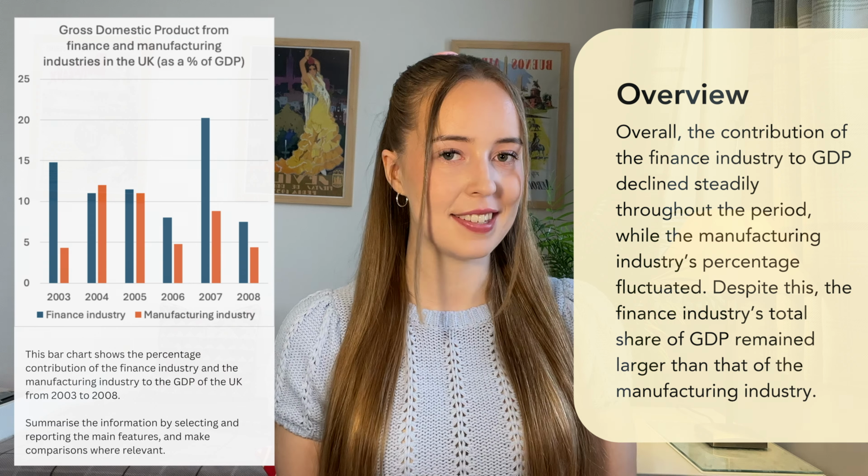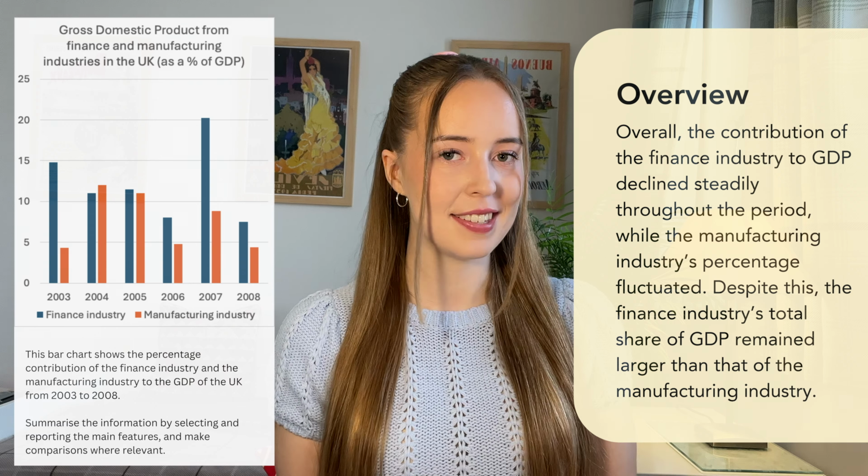One thing the examiner is going to grade you on for coherence and cohesion is the organisation of your report and how easy it is to read and understand. Is the structure logical? We can see that it is logical to talk about finance and then about manufacturing, and if we need to make comparisons, we can do that within the paragraphs, and I'll show you how we can do this. The finance industry accounted for just under 15%